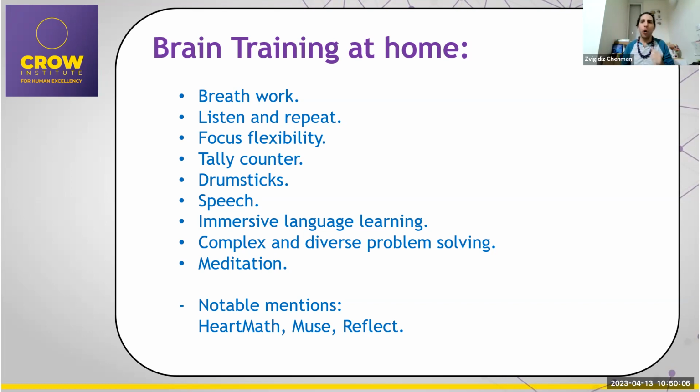Complex and diverse problem solving goes back to what I said about Sudoku, if you remember. You don't want to do the same puzzle again and again. You want to switch between them. So go for crosswords, and then go for Sudoku, and then go for a jigsaw puzzle, anything like that, but switch between them. Don't do the same thing again and again. Look, I said don't. But what do you do? You switch between them. You go from one for several months to the other for several months, to the third, and to the fourth, and then maybe come back to one of them. Now, of course, you can do more. Sometimes people enjoy one thing more than another, so you don't quit your hobbies.